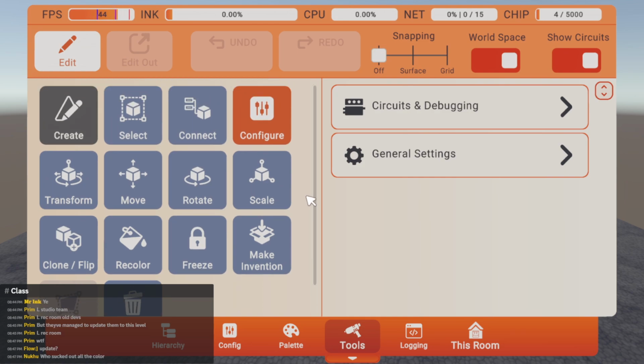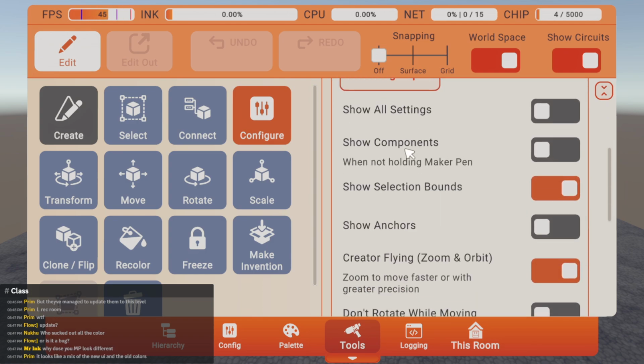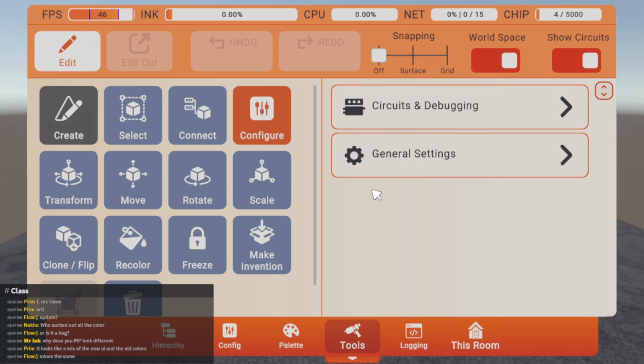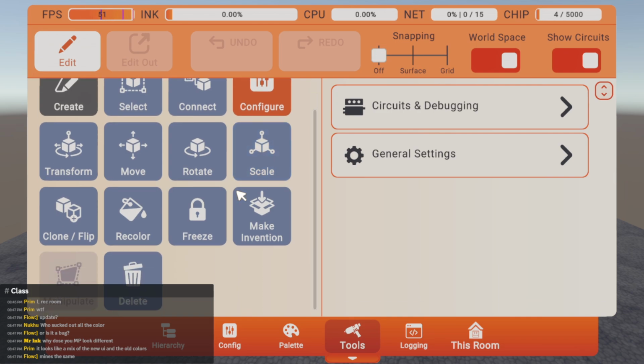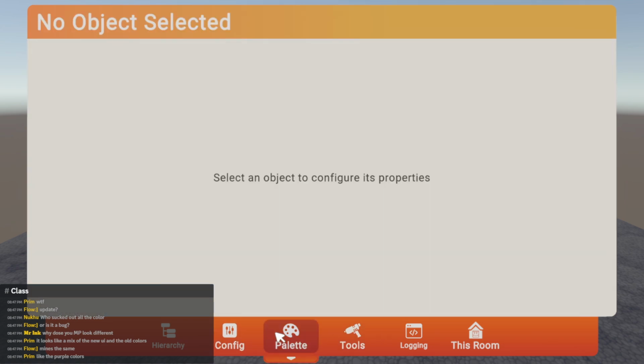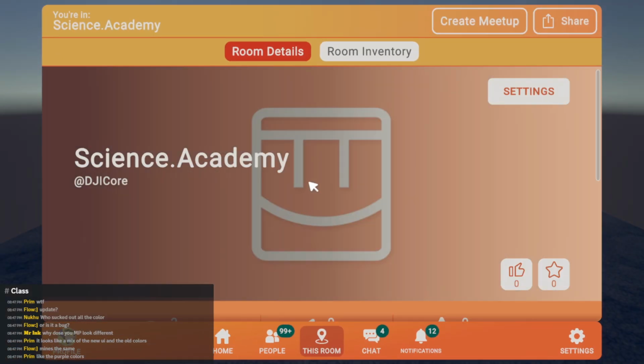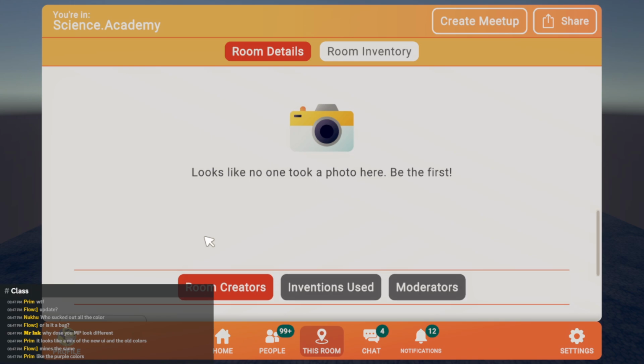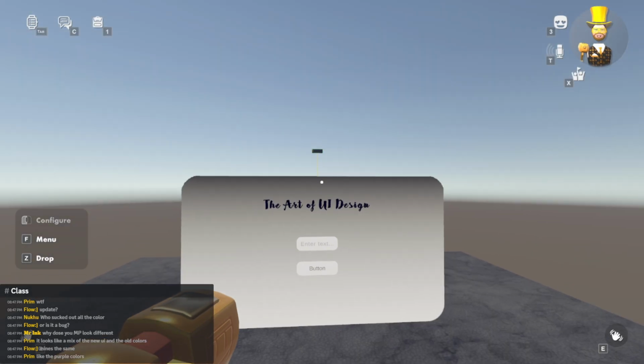This is the old UI, right? Wait. What is going on? It looks like a mix of the new and the old. Yours the same? Wait, Flo, yours is the same as mine? Interesting. Anyway,